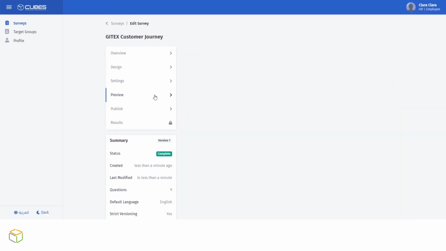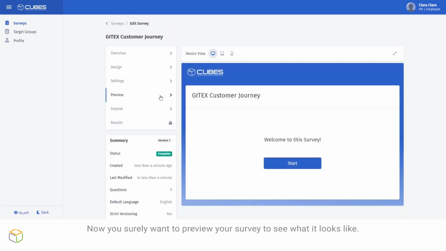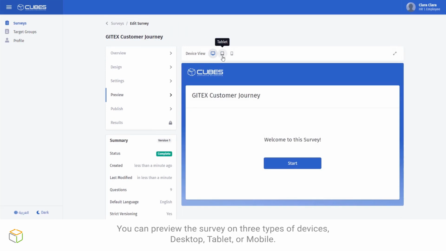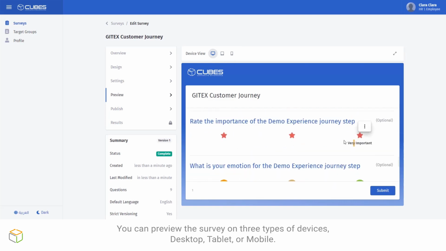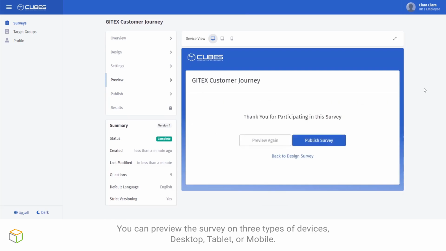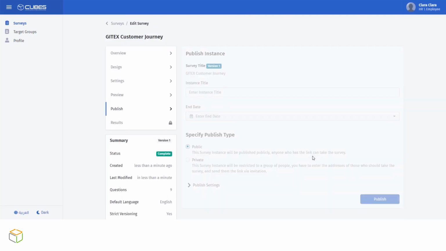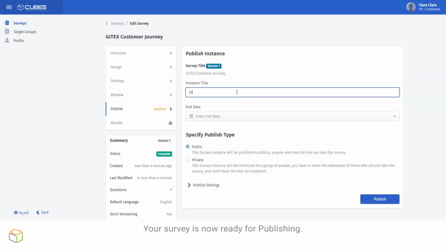Preview tab. Now you surely want to preview your survey to see what it looks like. You can preview the survey on 3 types of devices: desktop, tablet, or mobile. Publish tab. Your survey is now ready for publishing. Fill in the instance information,